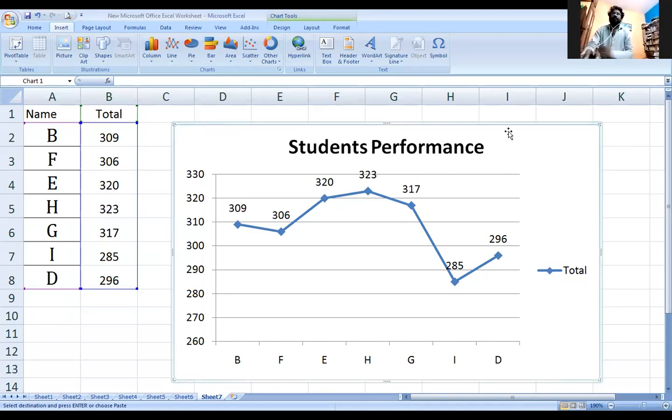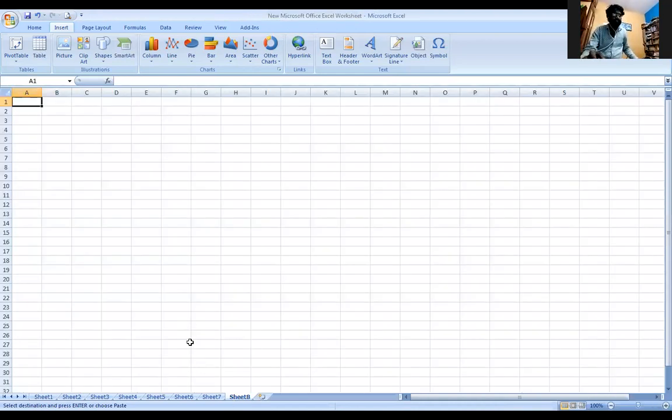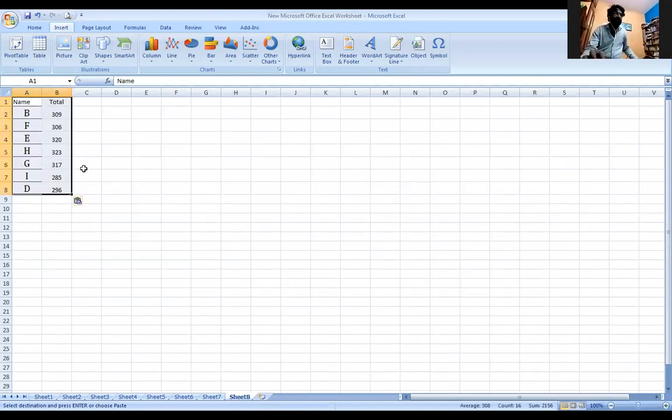Okay. Now we see one more type of diagram, and also we see how to insert a diagram once again. I'm going to a new chart and entering some data: item and expenditure.